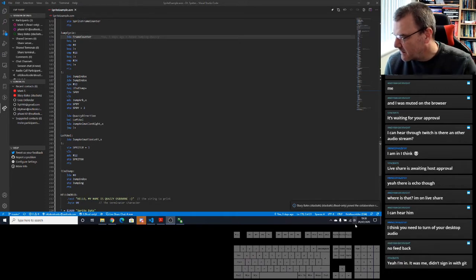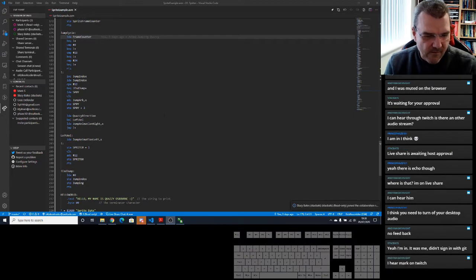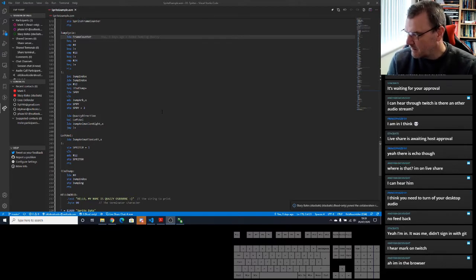Right, Stacy's in. When you join the Live Share, there's also an audio part as well. If you download the Live Share Audio extension for VS Code, you can actually talk to me like Mark is doing right now. There's a message in the bottom right hand corner when I log in. What does it say? It just says join audio.